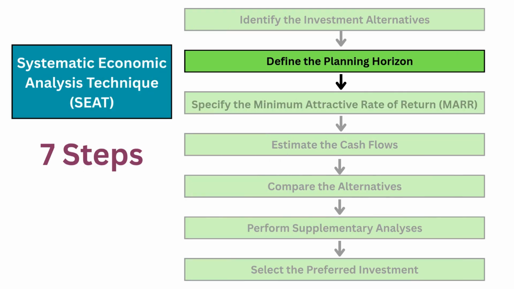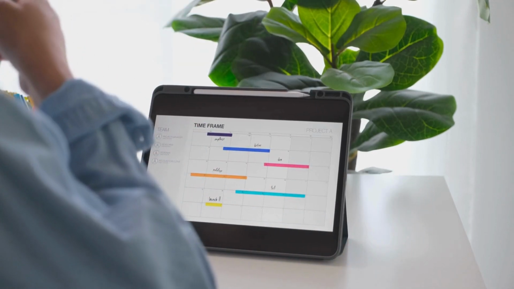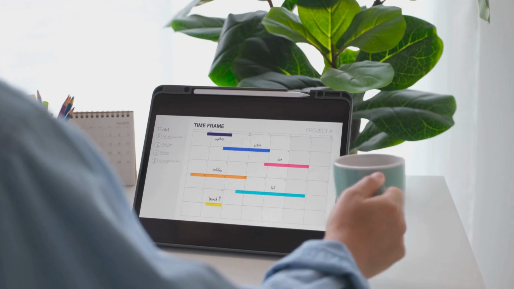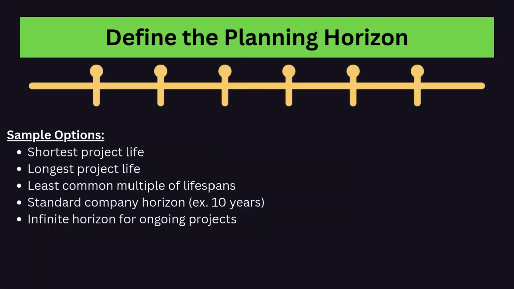Step 2. Define the planning horizon. Next, set the time frame for comparison. This step ensures you evaluate each alternative on equal terms. You can define the horizon in several ways: using the shortest project life, using the longest project life, using the least common multiple of lifespans, applying a standard company horizon, such as 10 years, or assuming an infinite horizon for